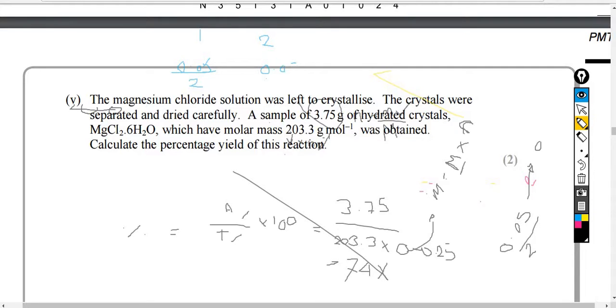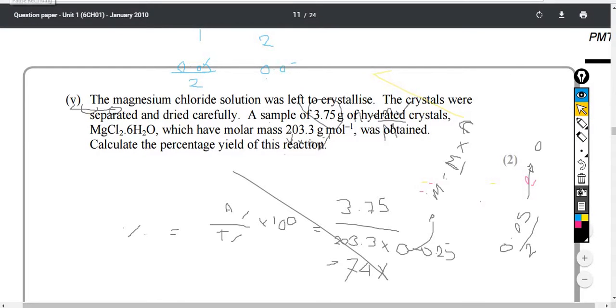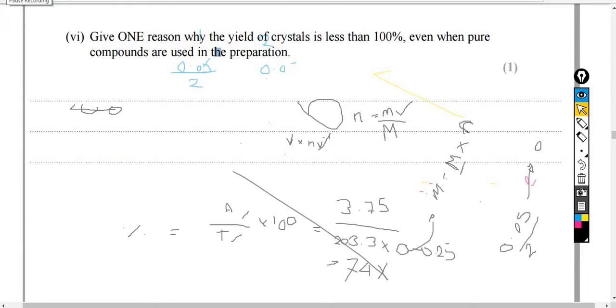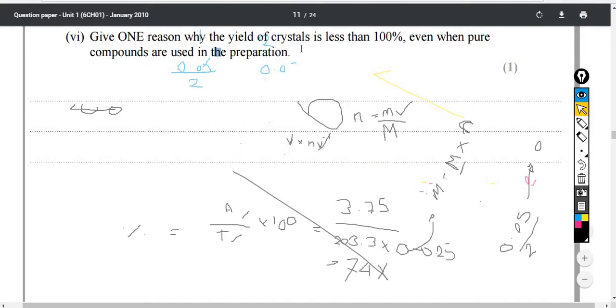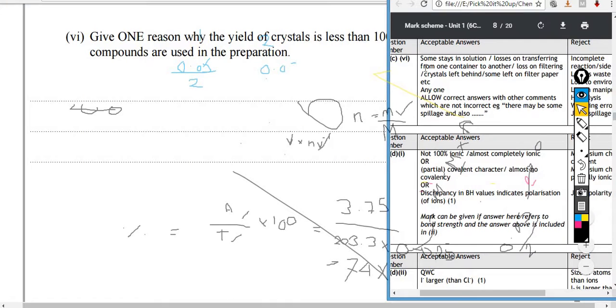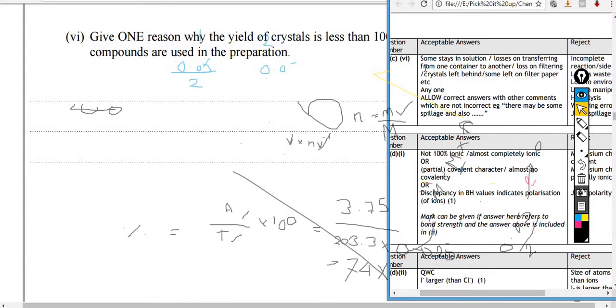Okay, so we'll move on to the next question, and we'll see what you have there. Okay, so the next question is, give one reason why the yield of crystals is less than 100% even though you use a pure compound. So it was 75%. Some stays in the solution. So basically